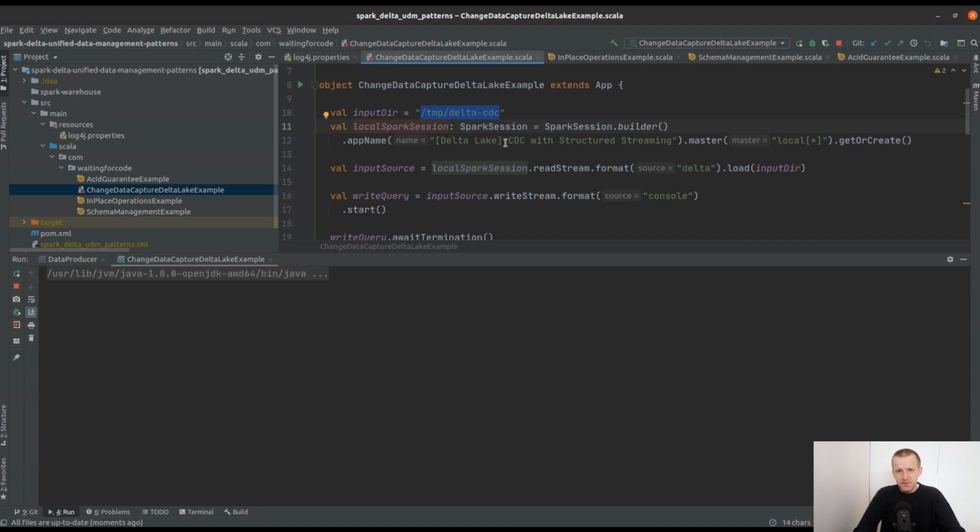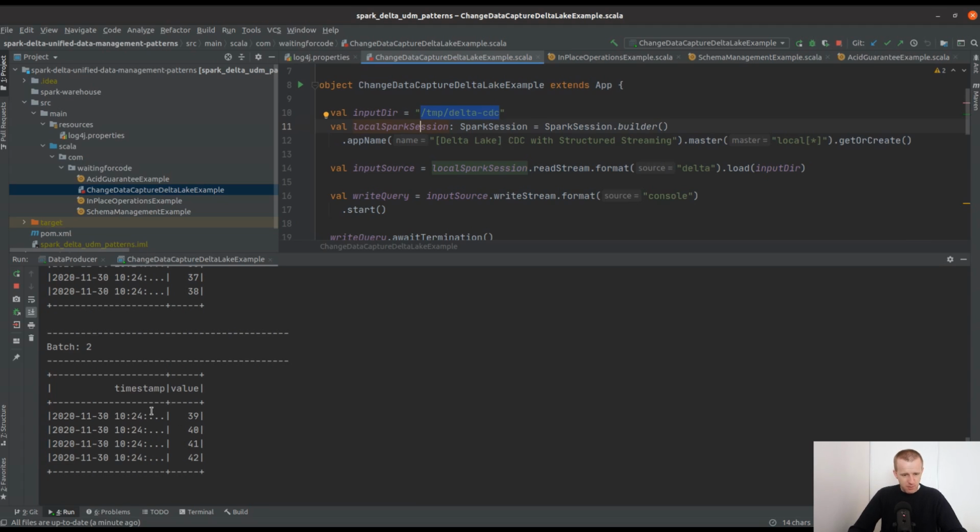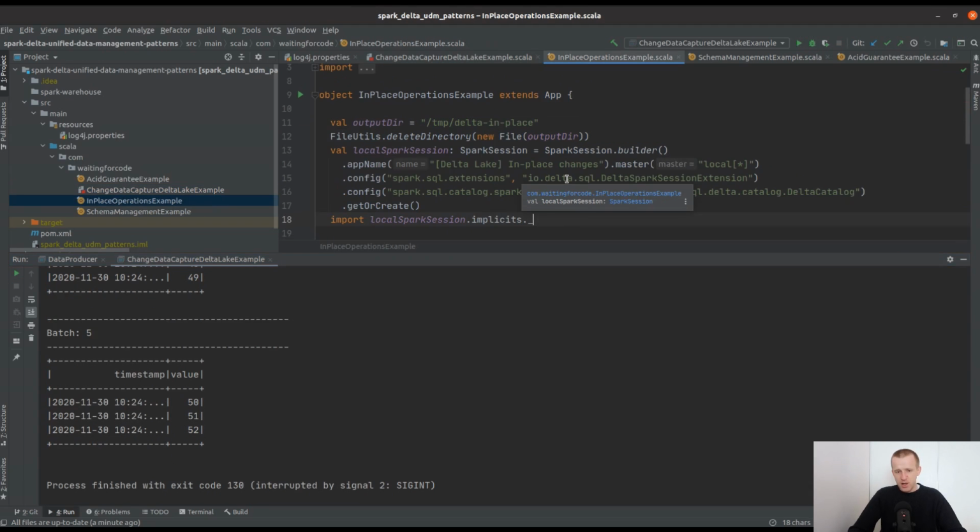But please notice that this feature is not a pure Delta Lake feature, because you can also use it with any other file format supported by Apache Spark, like JSON, like text, CSV, and many others. But the good point brought by Delta Lake is this ACID guarantee, so the guarantee that you will always consume a fully valid and fully committed output. So you can see that we have our data which is displayed in the console by our consumer. So I will stop both of them right now and show you another operation